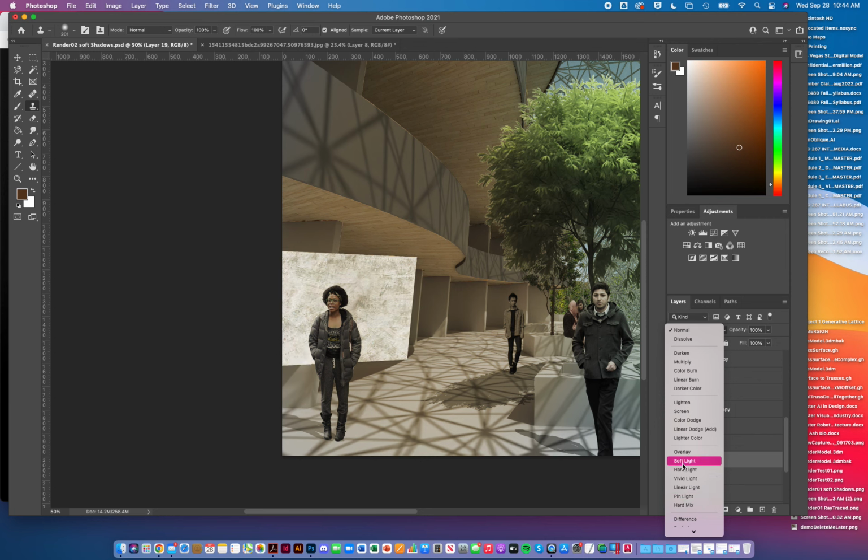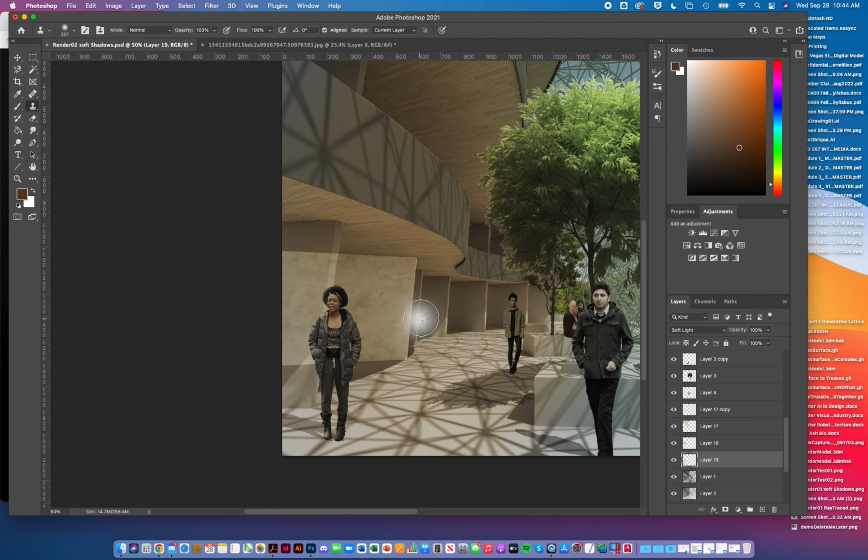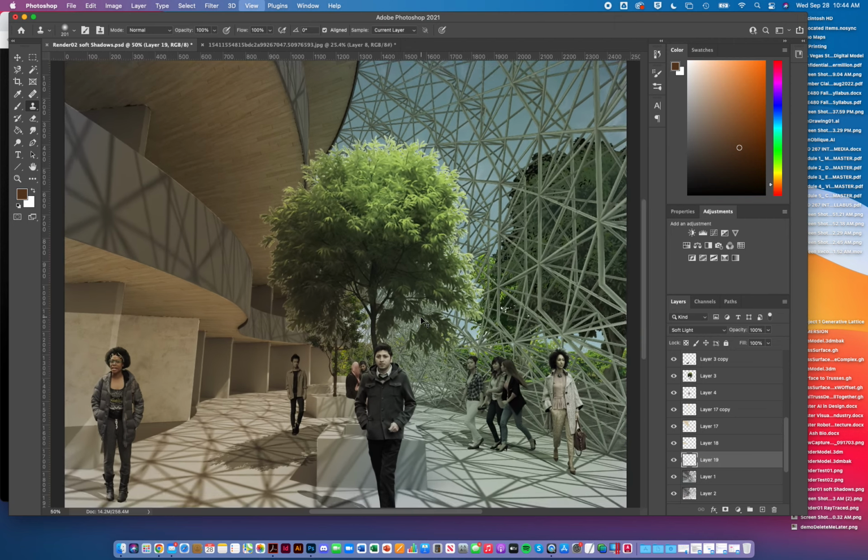Difference is actually kind of tempting, but I might just pick soft light. Yeah. And now, last but not least,